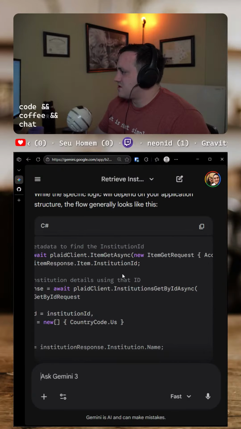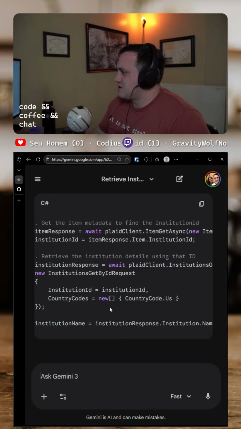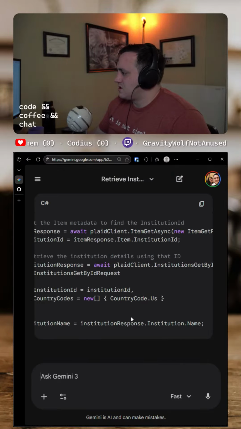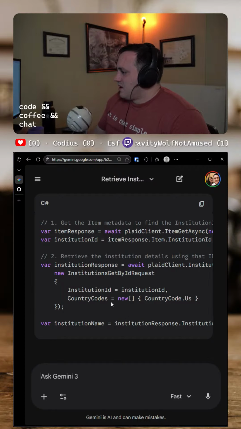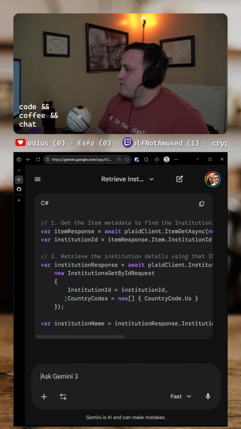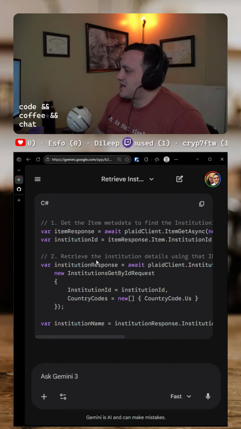So item response, okay. Institution ID, institution response, institution.name. Okay. Yeah. So I think the helpful thing is then by having the institution information, the helpful part is then I can